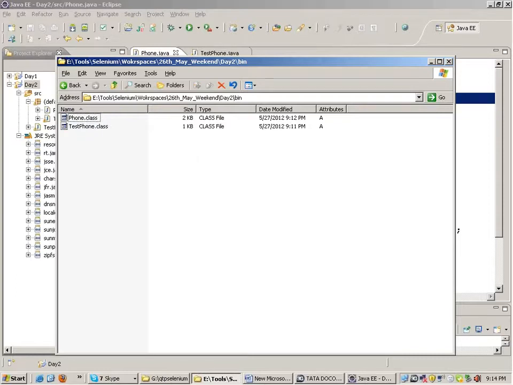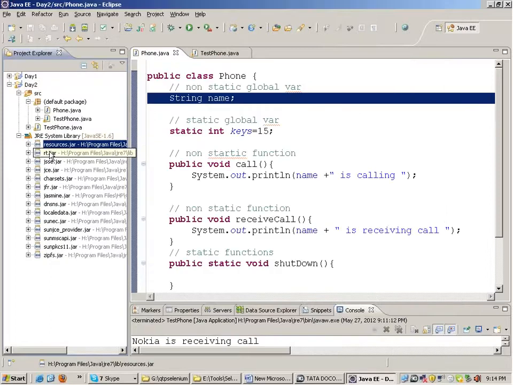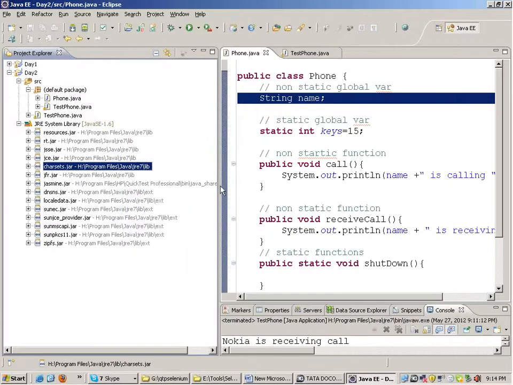In Java, we don't put them in a zip file. We put the class files in a single file called a jar file, and these are the jar files which get installed on your machine when you install Java. Each jar file will have a lot of class files in it.